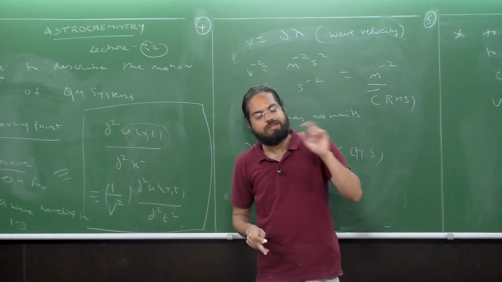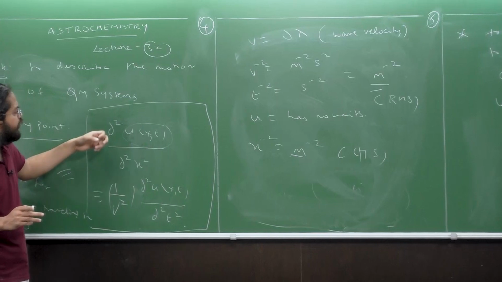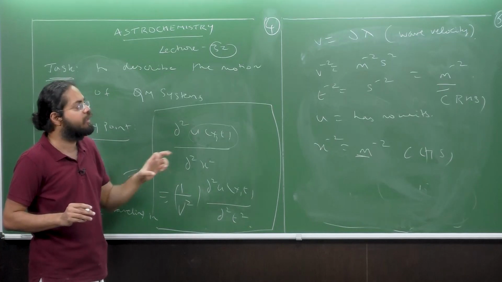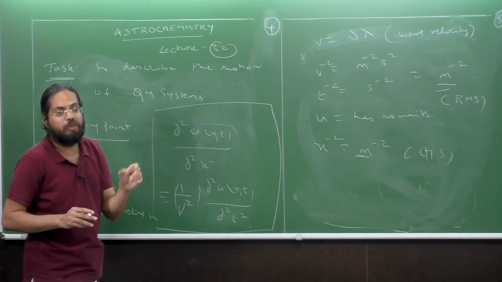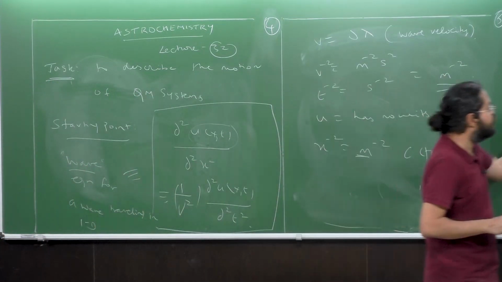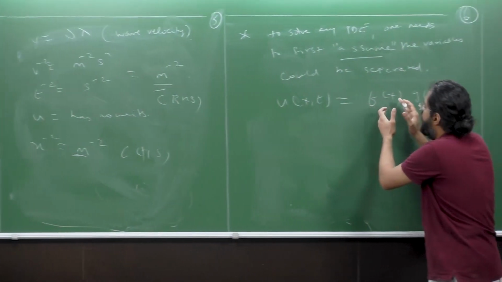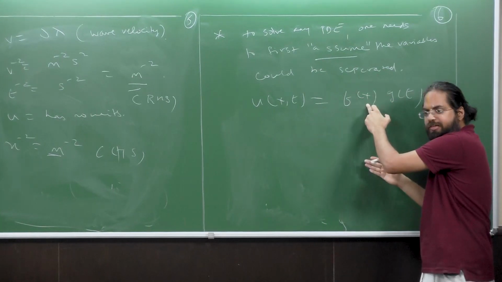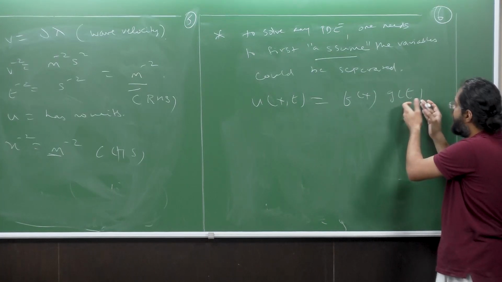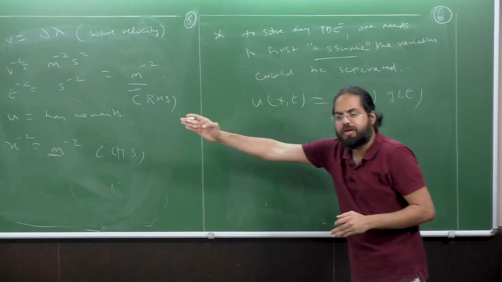If it cannot be separated, then as you partially differentiate this with respect to any one of them, there is always going to be a residual term. There will be a residual term comprising the other variable, which means that you will never be able to solve this equation. But once you make this beautiful product assumption that I can express my u of x comma t as a separate spatial function containing only the x variable, and something as a function of t which contains the time variable, then I can solve this equation much more easily.